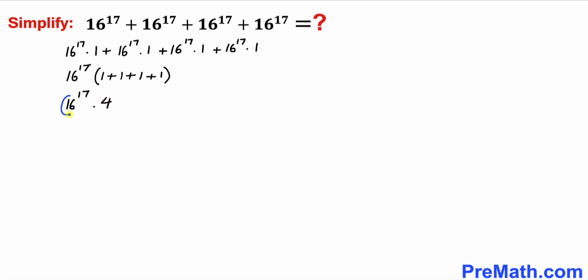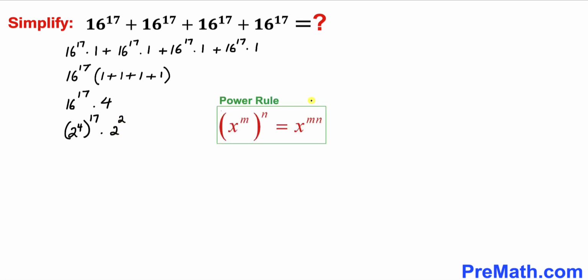And now 16 could be written as 2^4, and likewise 4 could be written as 2^2. So therefore I can write (2^4)^17 times 2^2. And now let's recall the power rule of exponents we are going to apply over here. So let's write down 2^(4 times 17), which is going to give us 68,